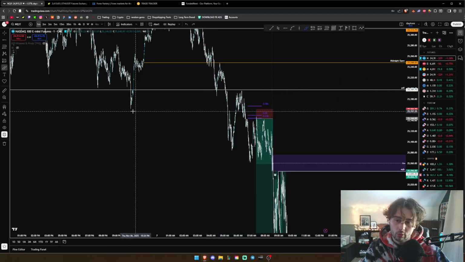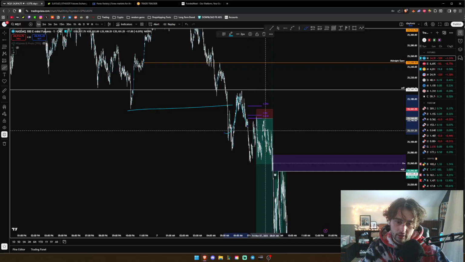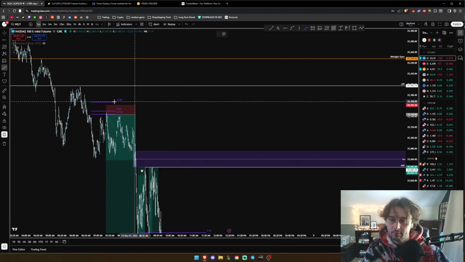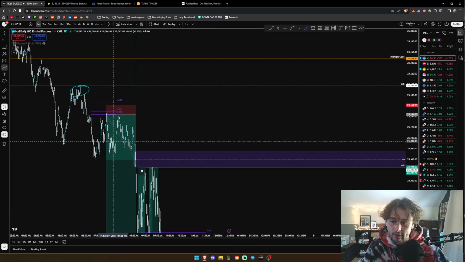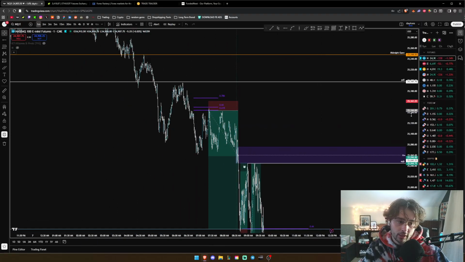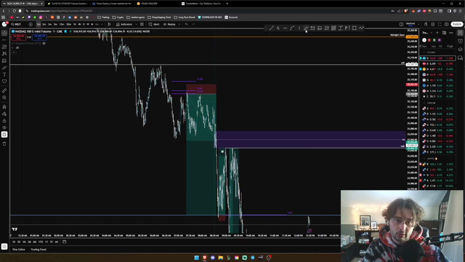there's not really much more liquidity. We've already taken this out. We rejected it again. So now what? Now we can pull the fib from this high to this low, and that lines up right here with this golden pocket. Now this isn't a super high confluence trade, but it is valid because we already saw that reaction